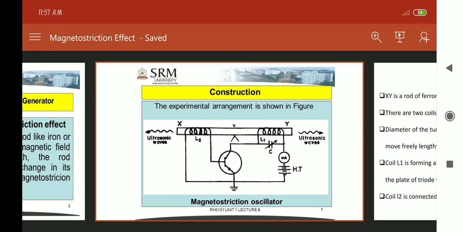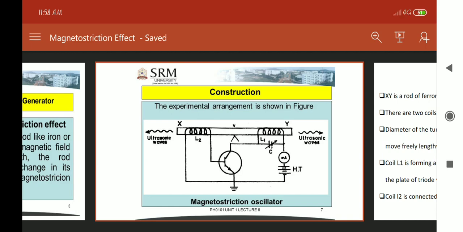Here, XY is a rod made of ferromagnetic material, clamped at the middle. There are two coils, L1 and L2, wound on the rod XY.